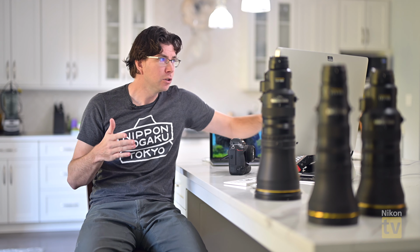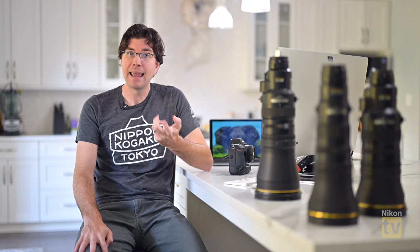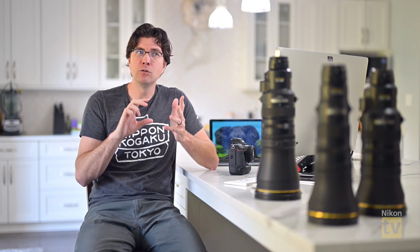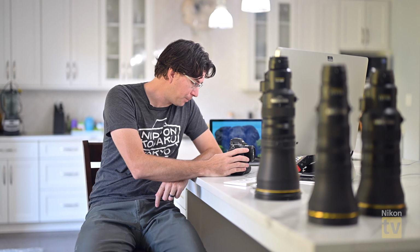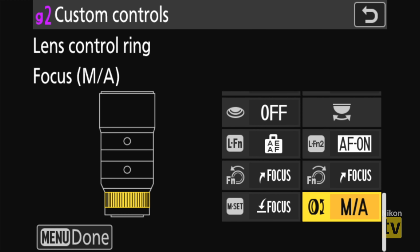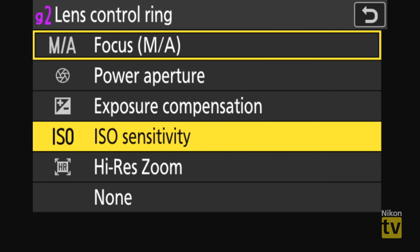Now, let's say you sometimes want to vary the speed at which you're zooming in and out, because I already showed you that you can do slower, standard, and faster speed. What if you want the ability to vary that speed during a single sequence? Well, let me find this here. If we go all the way down to the lens control ring, you can obviously do a lot of different things with this. Whether it's manual focus, power aperture, exposure comp, or ISO, you can also activate